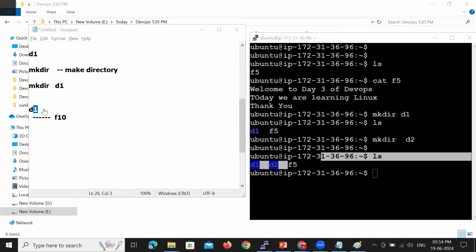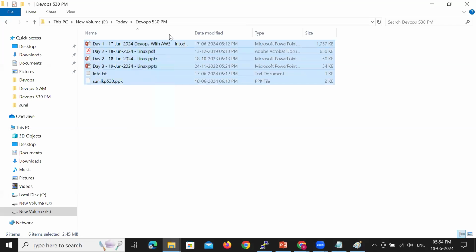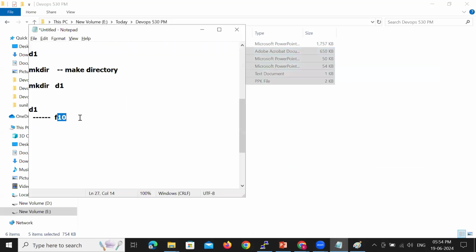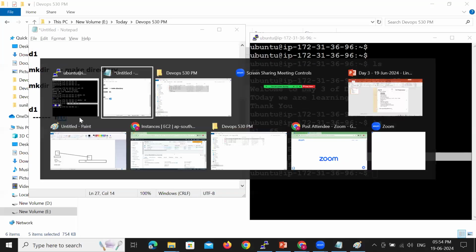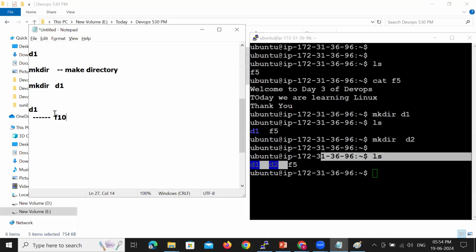Like how folders can have files, one folder can have a number of files, isn't it? In the same way, a directory can also have files. So I want to create a file F10 under the directory D1. Let's learn how we can do it.